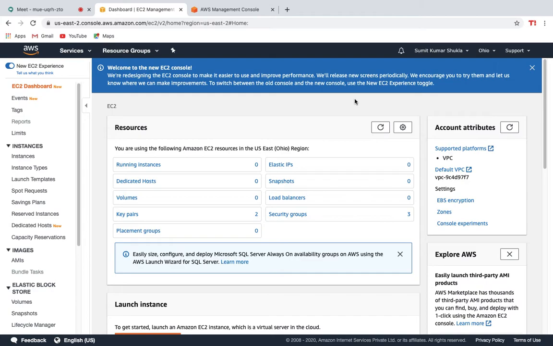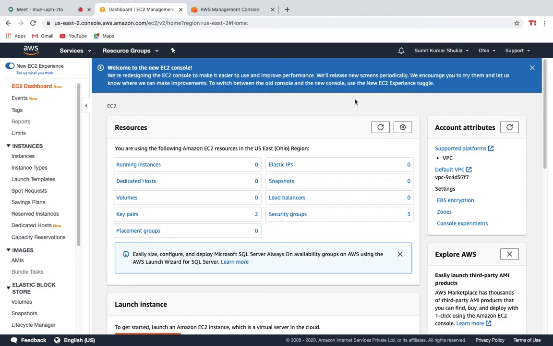Amazon Web Services compute services, we have seen that we have 4 types of compute services, right guys? We have EC2, that is virtual servers in the cloud. We have EC2 Container Service that runs and manages Docker containers. We have Elastic Beanstalk, also a compute service, that runs and manages web applications. We have Lambda that runs code without thinking about the servers.